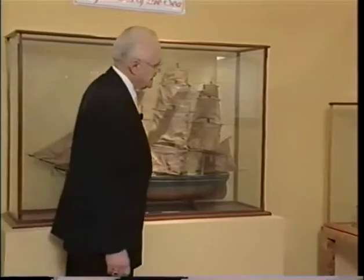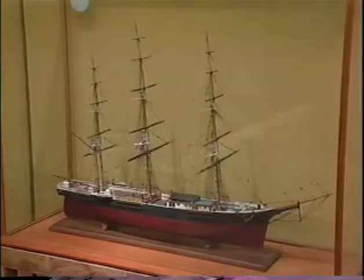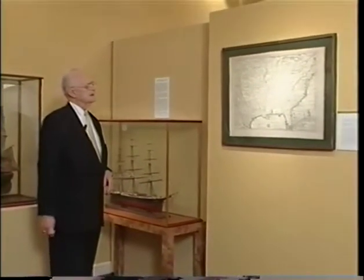Now, his competitor in New York was William H. Webb, and the Comet is the very famous ship that William H. Webb designed and built. And over here we have the mother map for the whole Gulf Coast, but principally for